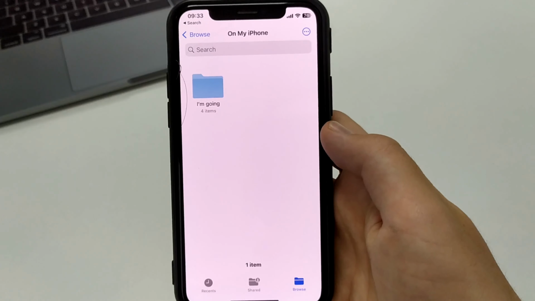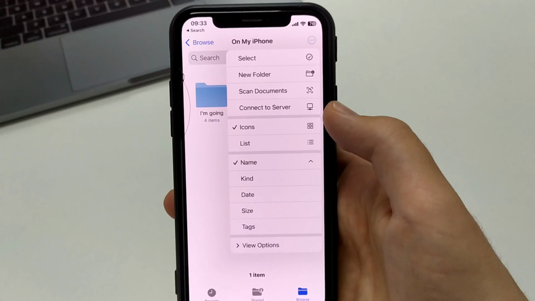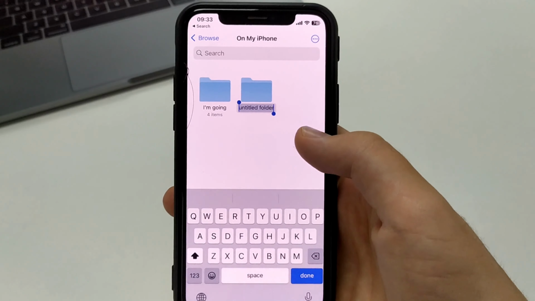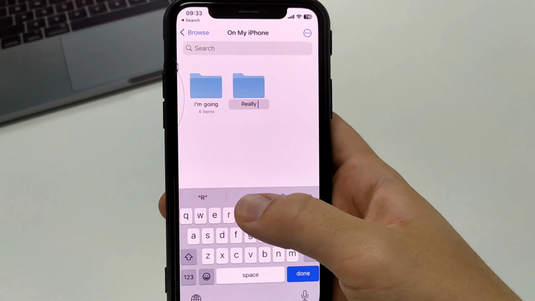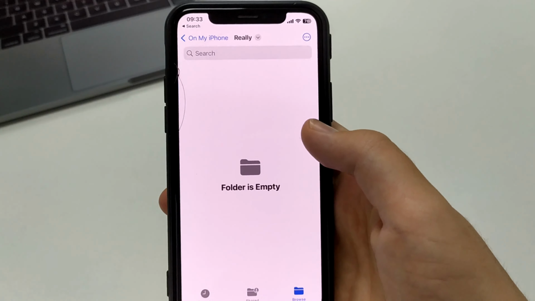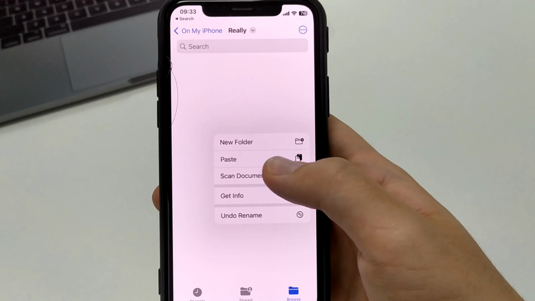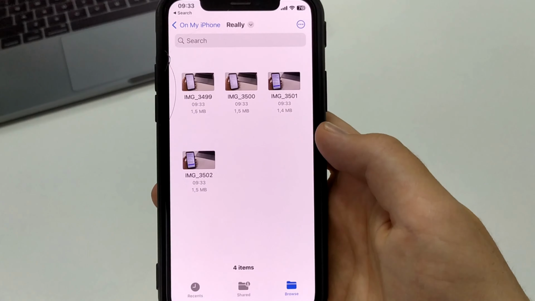Click on Add Folder. Write any name you want. Then go to that folder. Press and here we press Insert. The photos that we transferred from the gallery will appear. And we were able to convert them to JPG.